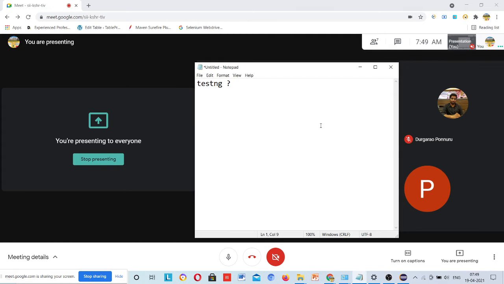Okay. So it's right. It's a testing framework, and it organizes our test cases, and it can decide what order test cases should run. So this is the test engine framework. Previously, when we didn't use it, we were running all test cases one by one, and it has the power to run all test cases in a single click. So this is helping us to run all our scripts.